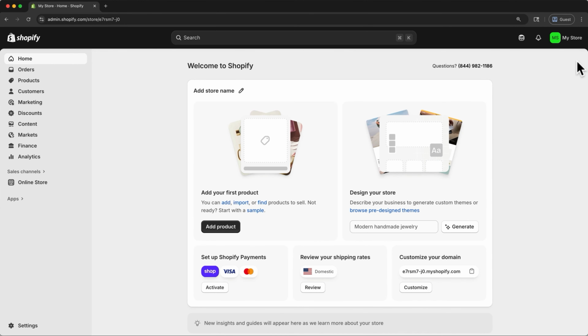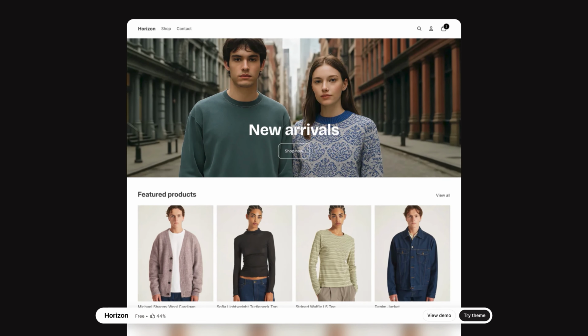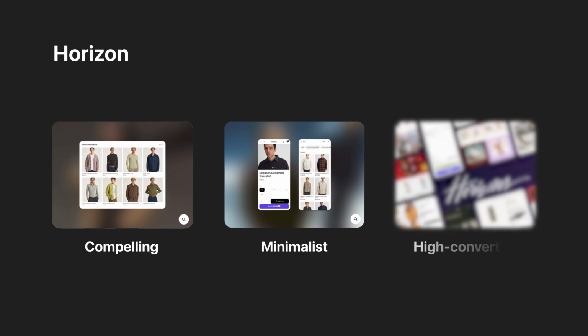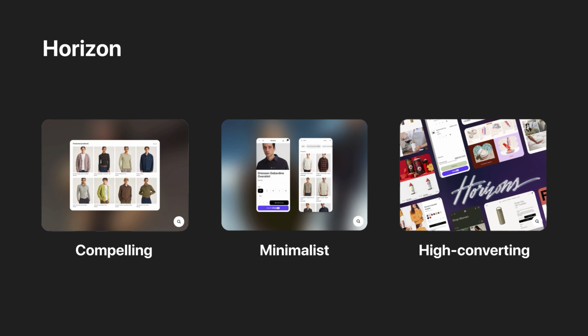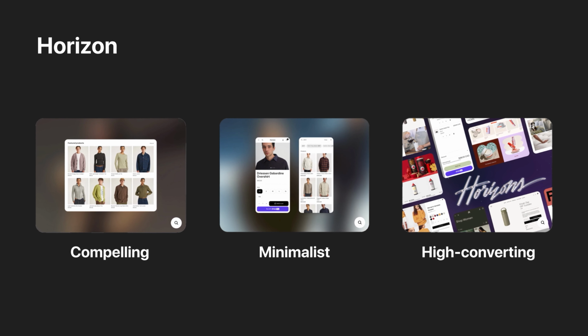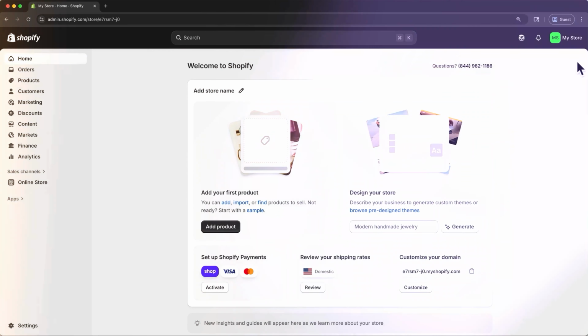The next step is to pick the theme that will control how your store looks. Horizon is the default theme, and it's one of the most popular Shopify themes that works really well as a clean, flexible starting point for most new stores. Because of that, I recommend sticking with Horizon for your first store, and I'll be using Horizon in this tutorial